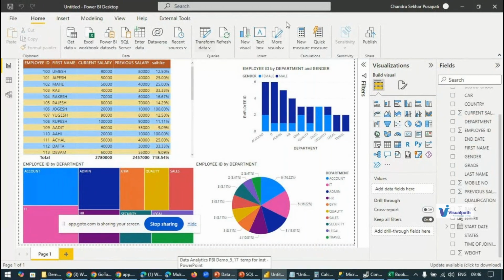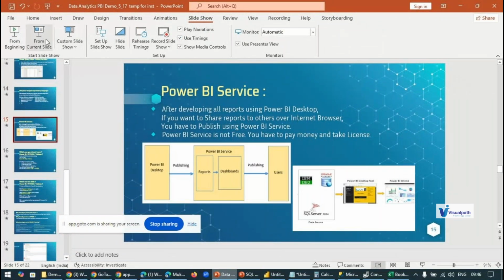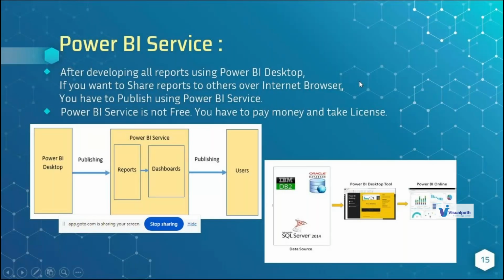So Power BI is totally about development of reports and practicing. Everything is totally free. You can download it for free, install it and start practicing. But if you want to do business, if you want to give access to your report over the internet to some client, that is not free.